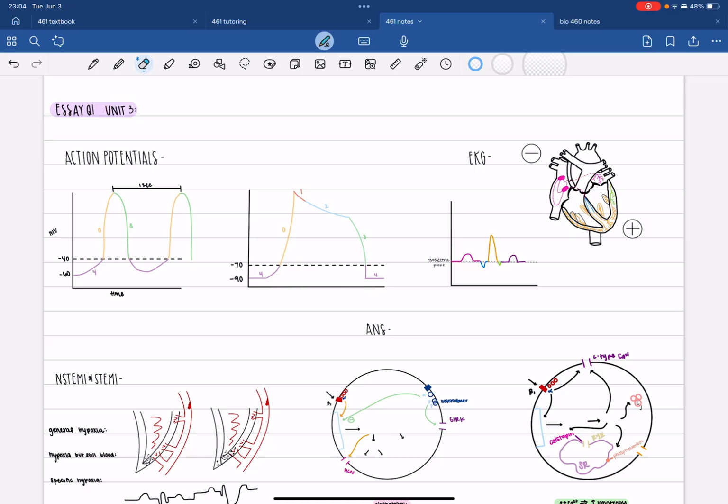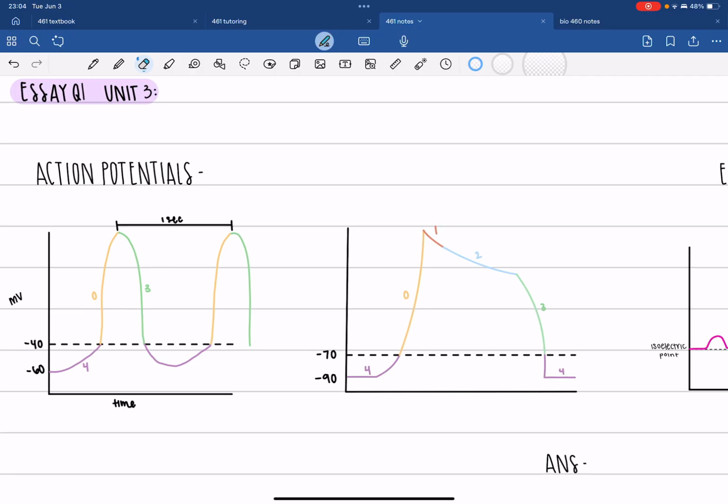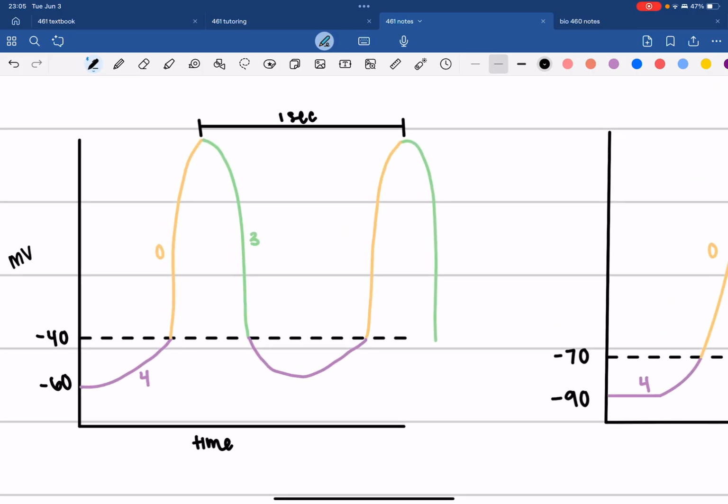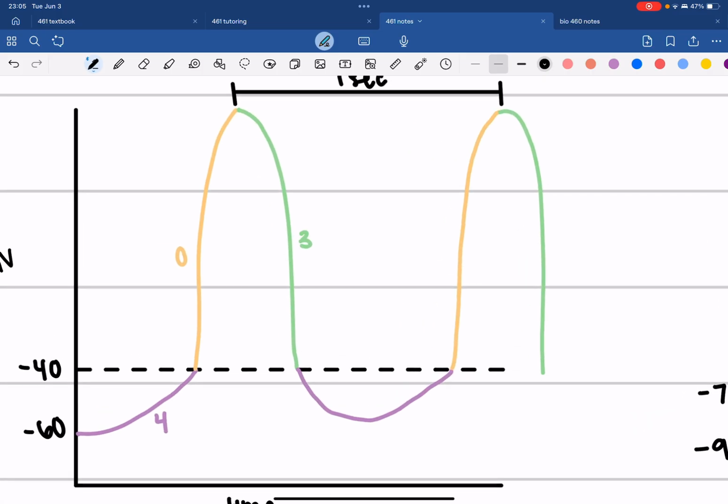But it can also beat on its own, which is very important so that you don't have to think about your heart beating. You don't have to constantly remind your heart to beat, which is incredible. Imagine if you just had to constantly be like, beat, beat, beat. That would take so much brain power. Thank goodness you don't have to do that, because I'm sure everyone would die all the time because you would forget. I mean, people forget to brush their teeth every morning, but imagine if you forgot to beat your heart one day.